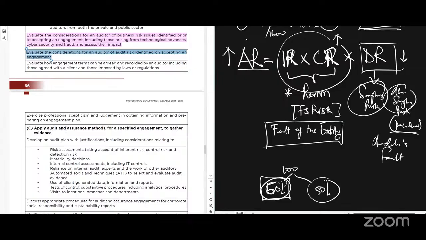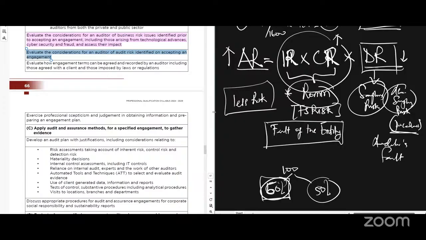So if I know that this client is very risky, then it will lower my detection risk. Do you know why? Because already I know the person is risky. But if this client looks less risky, it looks like, oh, this one is fine, I have to increase my detection. I have to open my eyes very well so that I spot even wrong things. Does it make sense? So this equation is not just an equation. When you're using it to work, you must understand how to increase or decrease these things to see where they are hiding things.